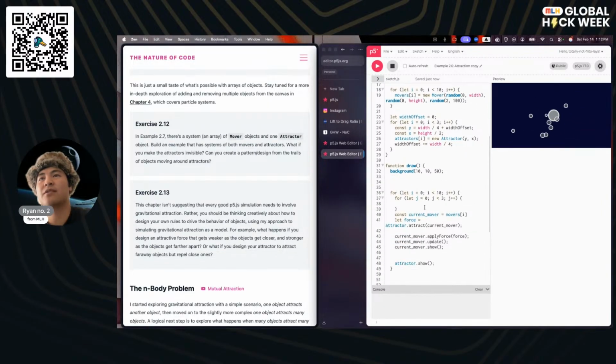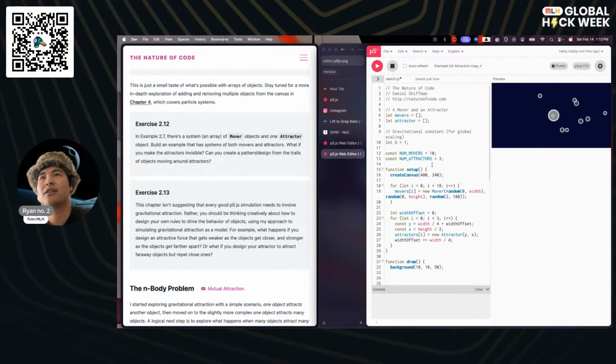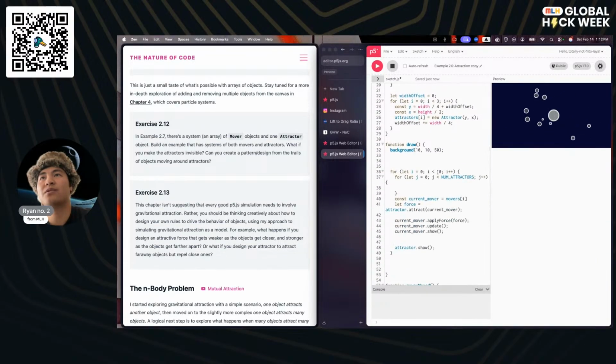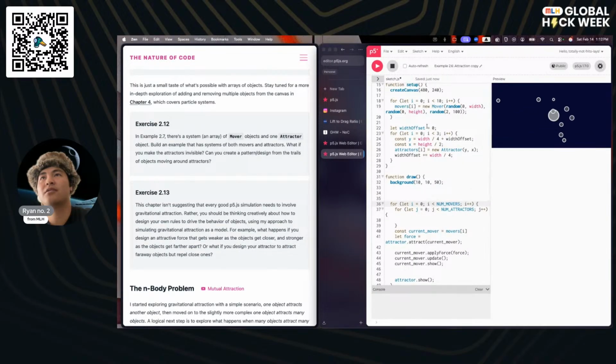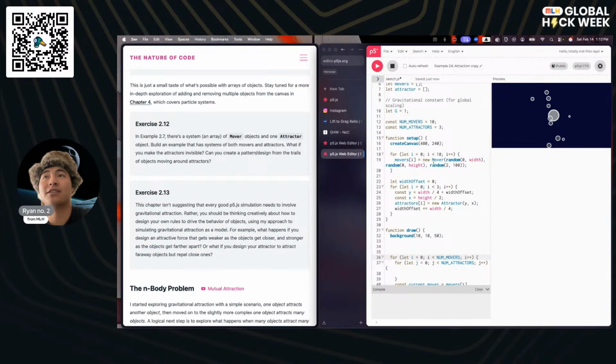Let's move this down inside this nested loop right there. And let's move num movers down over here. That way, if we decide to change this, we can conveniently just do it in one place instead of in multiple places.